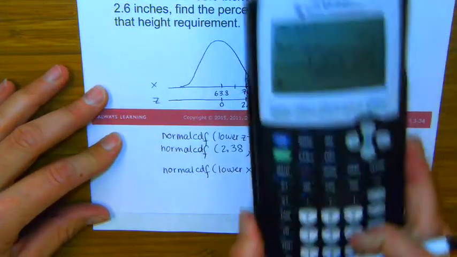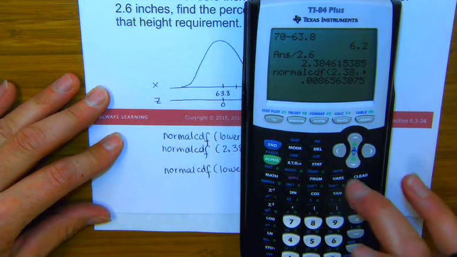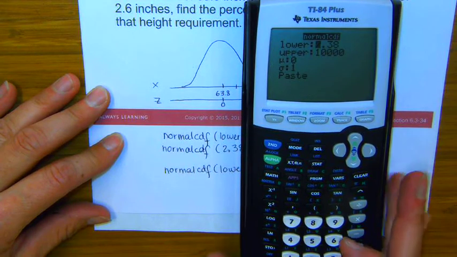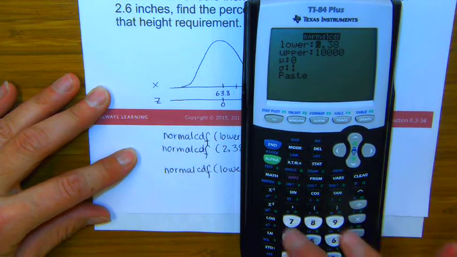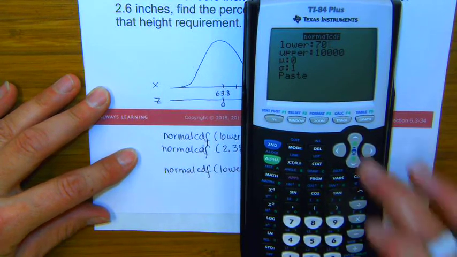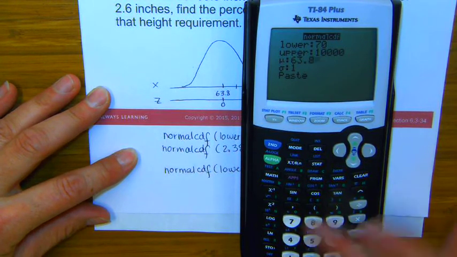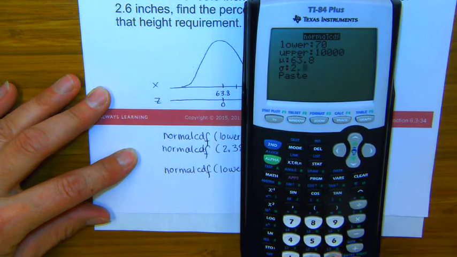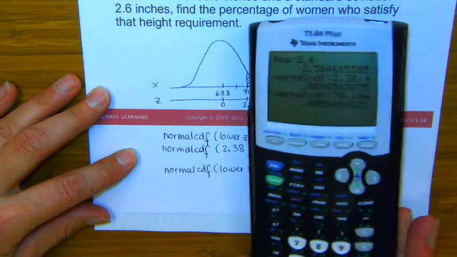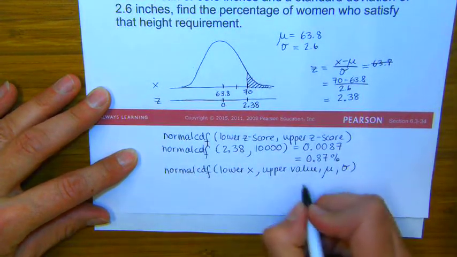So let me show you how that works on the calculator. So again, we're going to find it under distribution over here. We're going to go to normal CDF again. We're going to this time enter in x values. So our x value was 70 for the lower one. The upper one we can leave at 10,000. Our mean is 63.8, and our standard deviation is 2.6. When we hit enter over here, we end up with 0.00854,